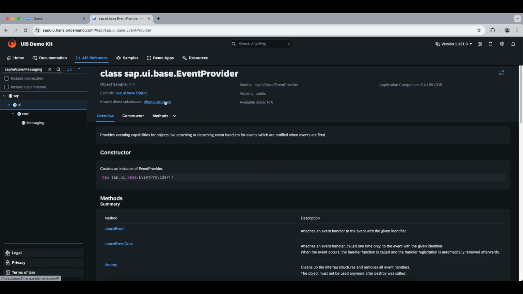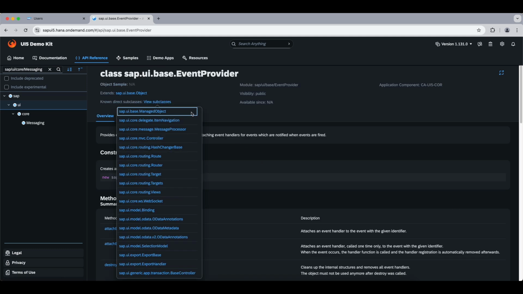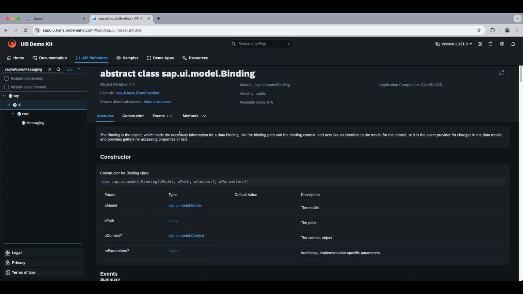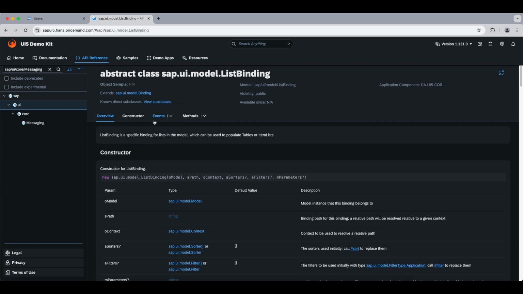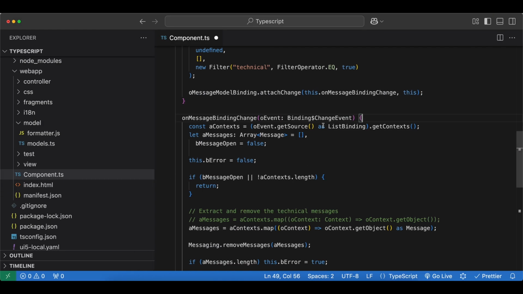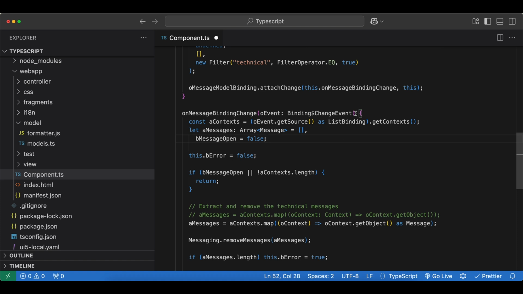And if we go there and we have subclasses, that means our source could be any of these. But we do know that our source will be a model binding, and more specifically, it will be a list binding. And that's why we have to tell TypeScript that our source is a list binding. So there is not much to gain here by using the correct event type, but we will see how it